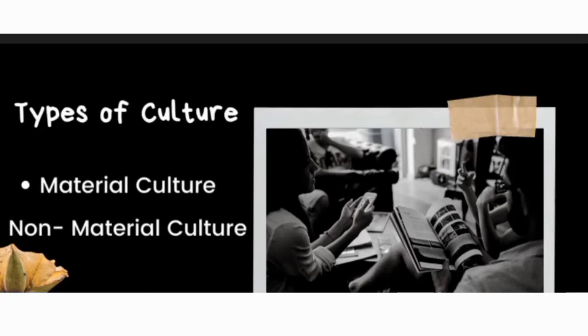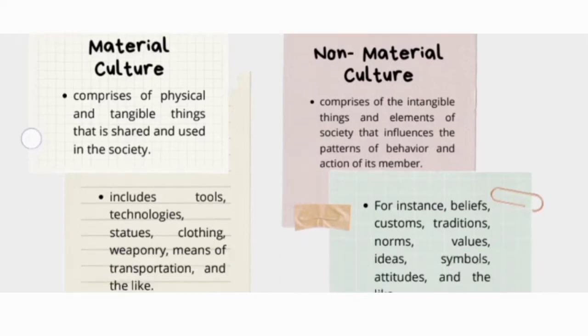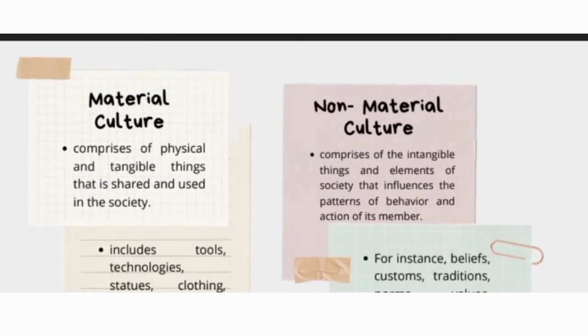What is the difference between these two? Material culture comprises the physical and tangible things that are shared and used in the society, which include tools, technologies, statues, clothing, weaponry, means of transportation, and so on. In other words, this refers to the physical objects that people use to define their culture, while non-material culture comprises the intangible things and elements of the society that influence